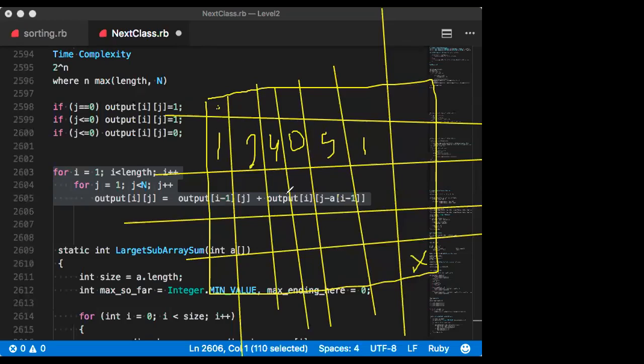Okay, I'm not writing anything there. So you have to find the cheapest path to reach from here to here, the minimum cost path from here to